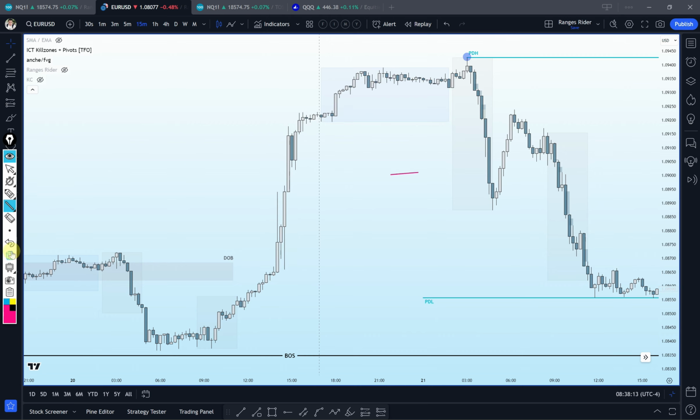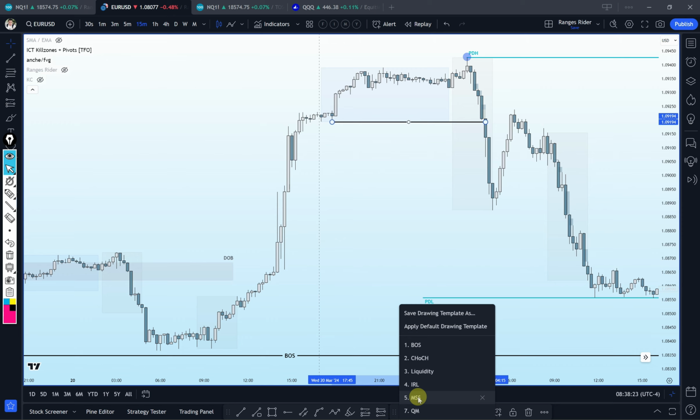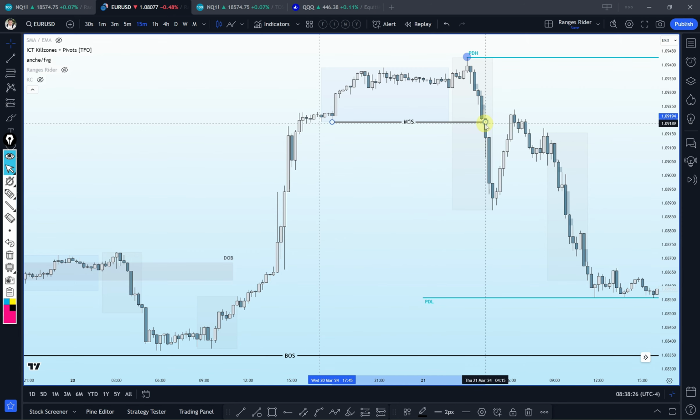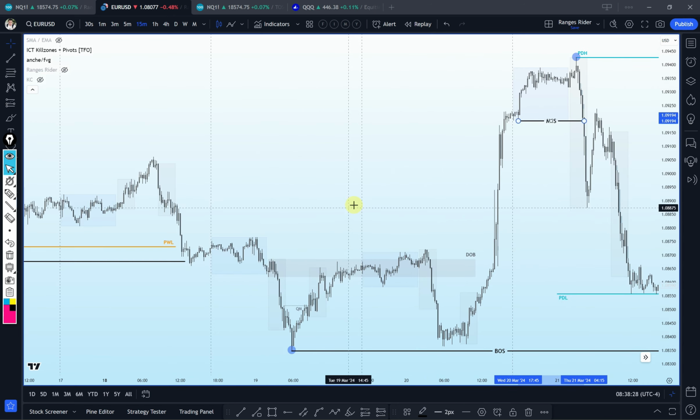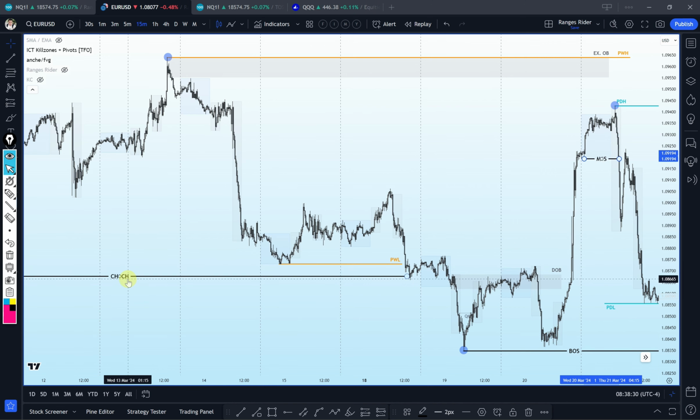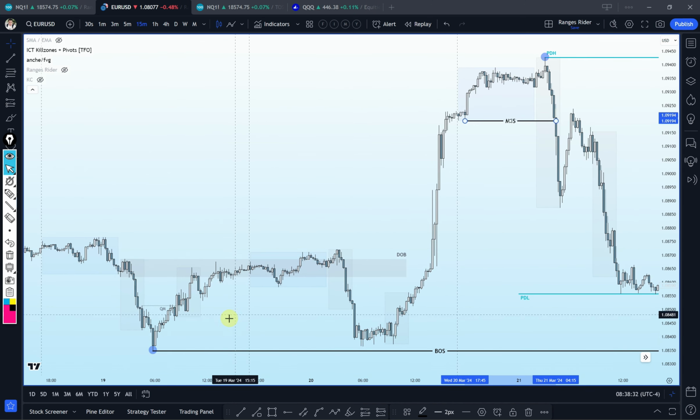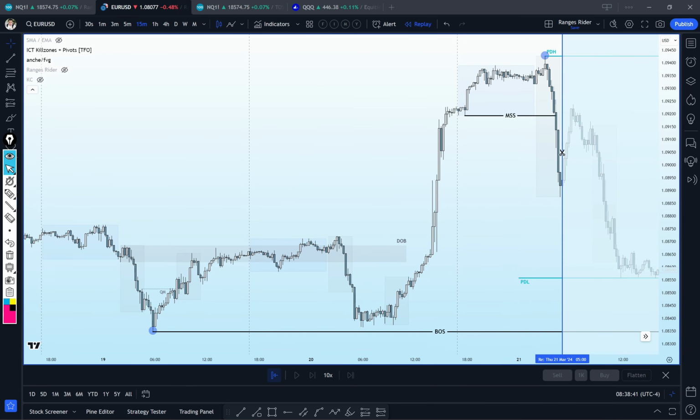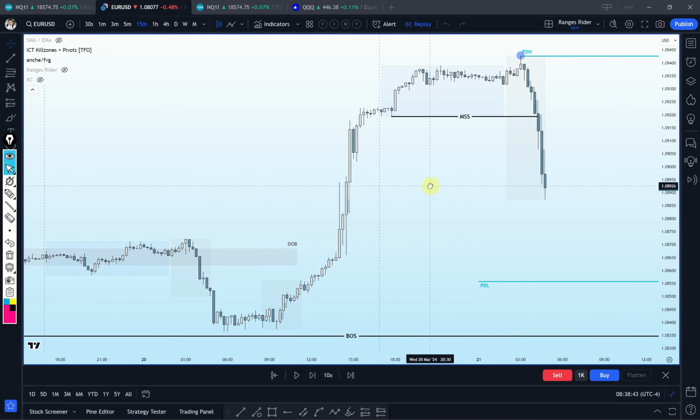And now, once the market structure shift is done. So this is the market structure shift, and now what we are looking for, we have a bearish change of character, and we are looking for the market to take this low and make another break of structure. In this case, we are here,